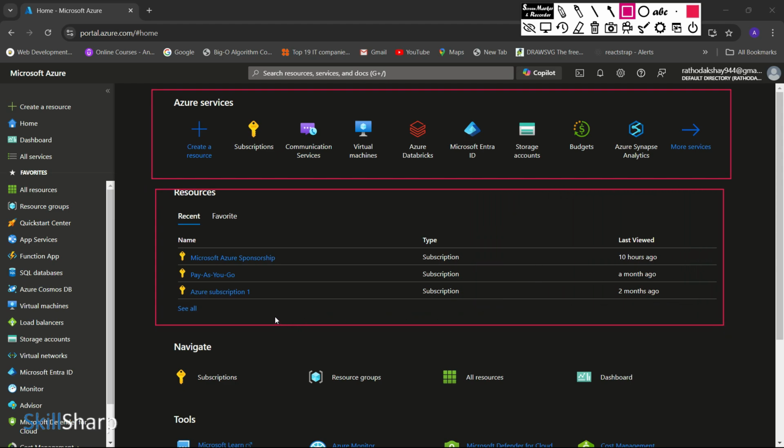I have used it, so it shows some services or some subscription for me. So you can see here I have subscriptions like this is one Microsoft sponsored subscription. I have pay as you go accounts as well, and Azure subscription as well. Okay, so Azure subscription one, this kind of subscription you will get where you can get all the $200 of